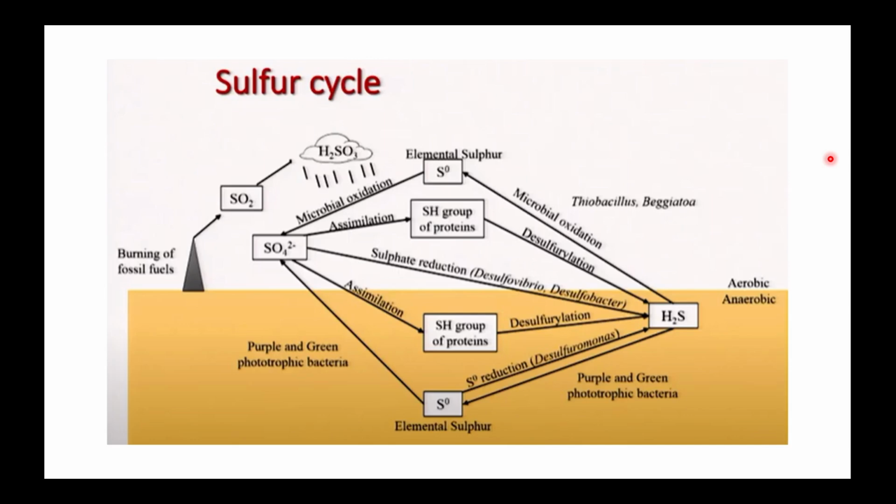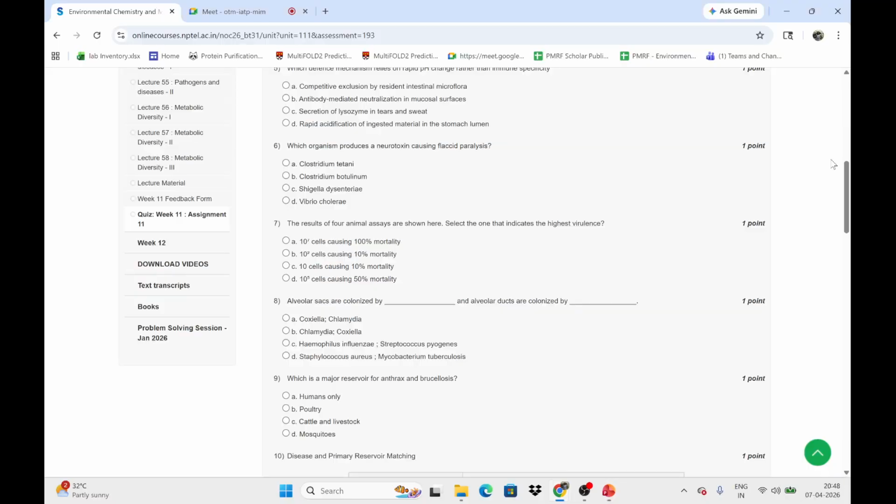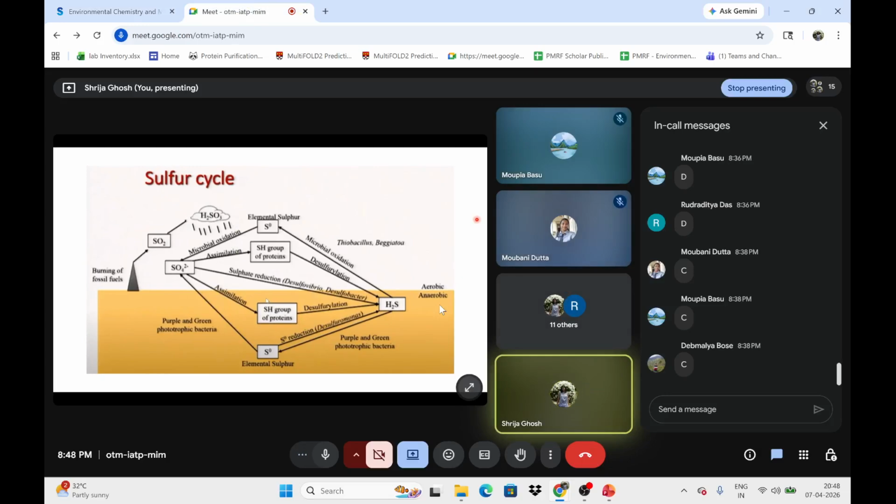Okay, I need to ask you one thing. Tell me in which assignments the answer key is given wrong. I remember from the radioactivity, one question was there. Can somebody write the question number and the assignment number in the chat box? If someone can do it quickly. I'll try to get in touch with the NPTEL team, let's see if they correct it.